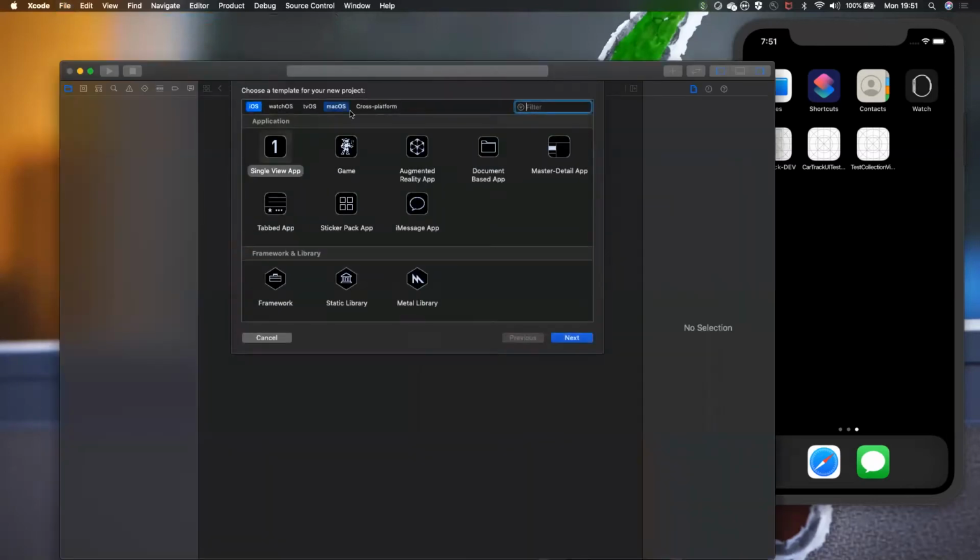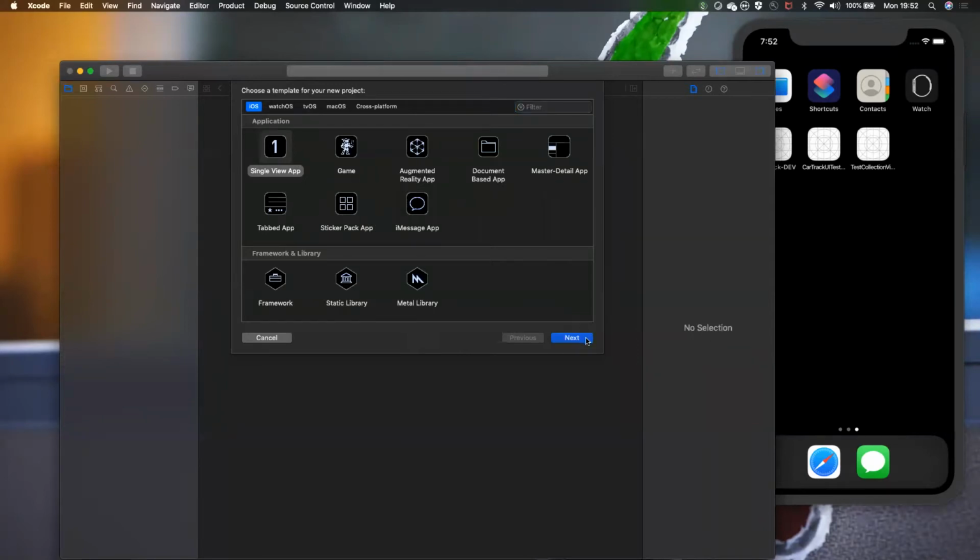I'm clicking on that. This is the first screen you will see when you click on project. There are different kinds of applications which Apple provides, like single view application, and also master detail application, where on the left side you will see the list and on the right side the detail. This is like a starter kit, and you can also use this to develop different frameworks which you can use in your application later. You can also build watchOS applications, Apple TV applications and Mac applications using this IDE. Currently I will develop only the iOS application, so I selected single view application.